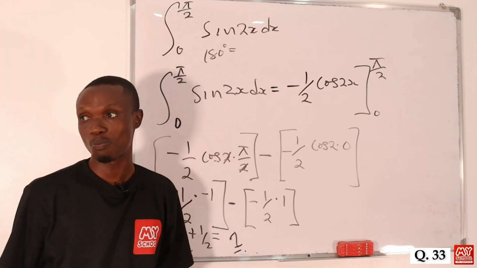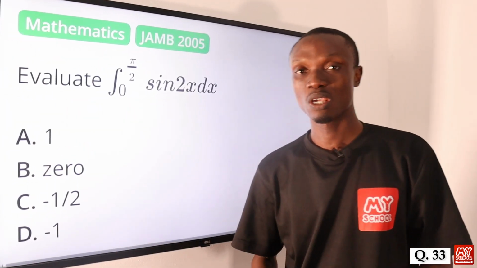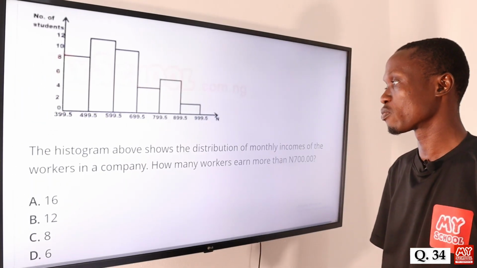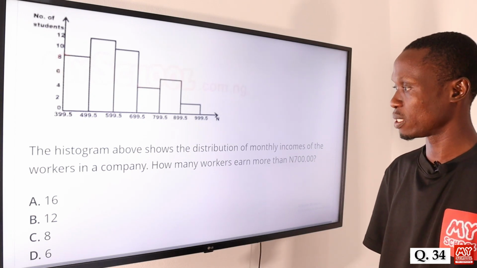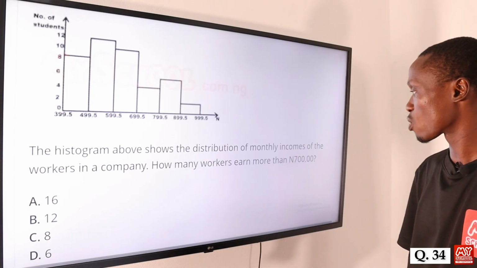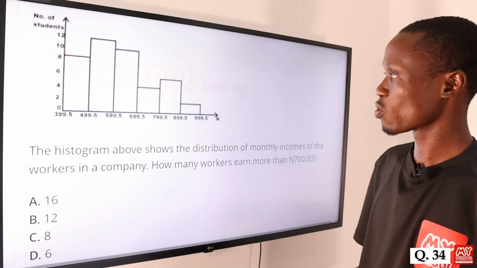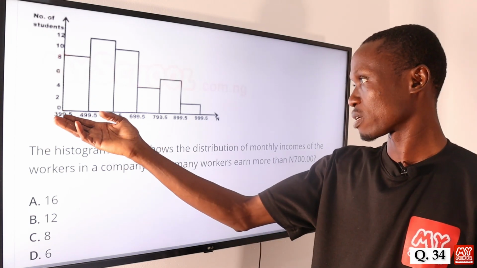So let's return back to the screen to pick the answer to this question, and that is option A, 1. Question 34. The histogram above shows the distribution of monthly incomes of the workers in the company. How many workers earn more than 700 naira? Okay, so in order for us to do that, it's just for us to,